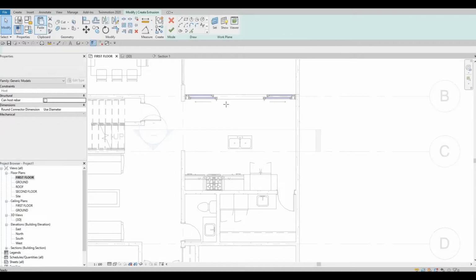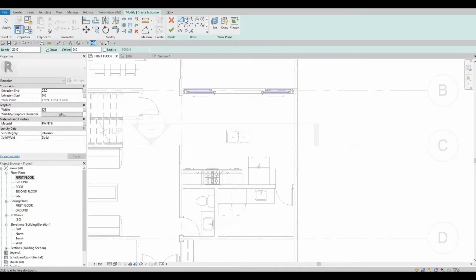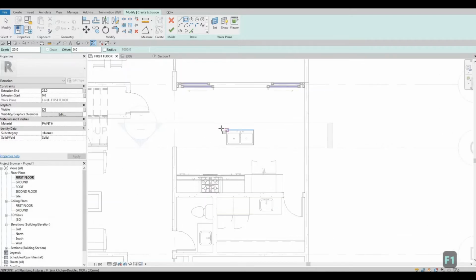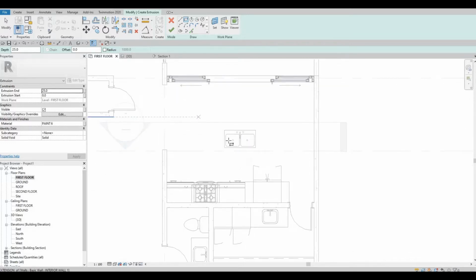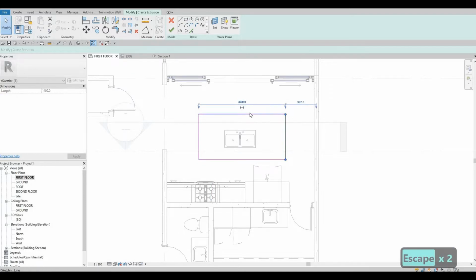So here I'm going to select extrusion, pick the rectangle, and then around 2800 by 1200. So I'm going to add this for now. So 2800, and then here I'm going to select this. It needs to be 1200,